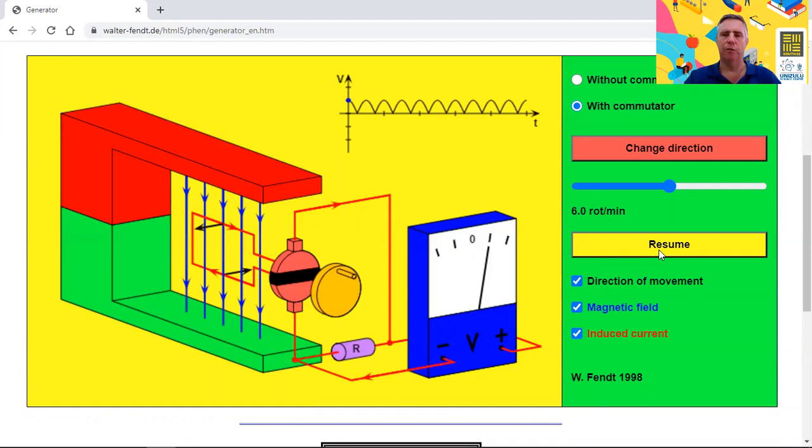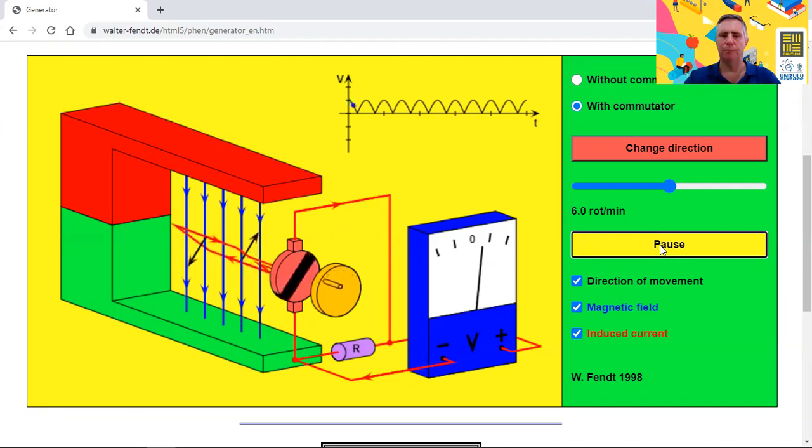So let's allow it. Sorry, one more thing. Notice we have a split ring commutator. So where the brushes are attached, the ring is split. So this wire on top will be attached first to one side of the coil and then to the other. And that will ensure that the direction of this current always stays the same, as we'll see if I start